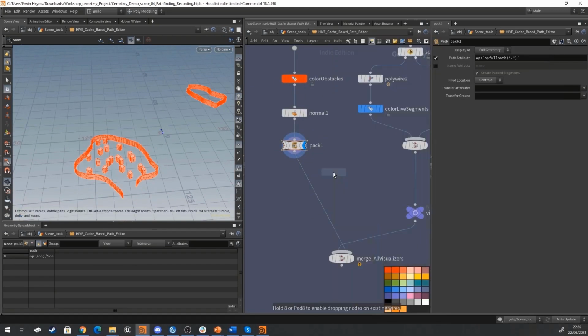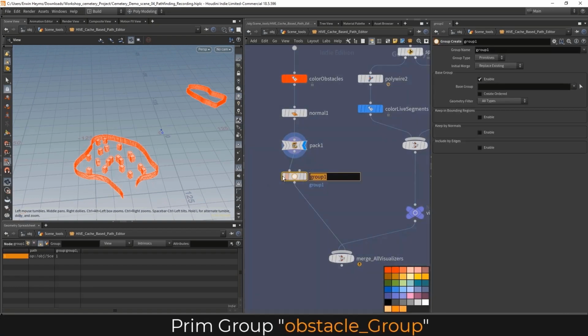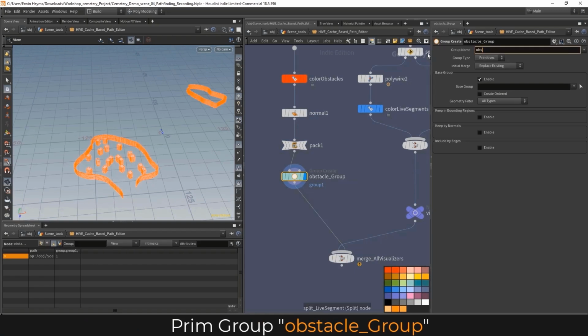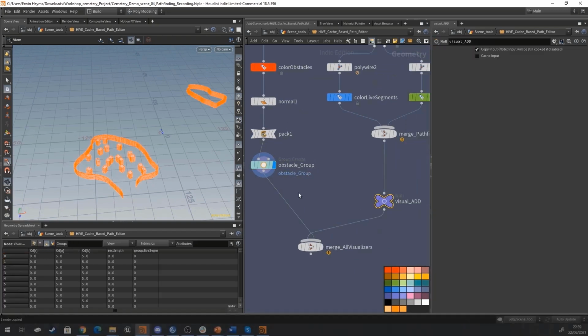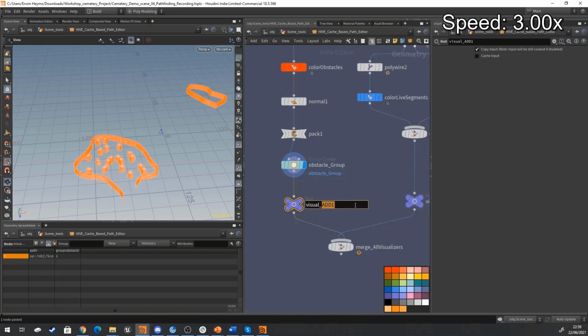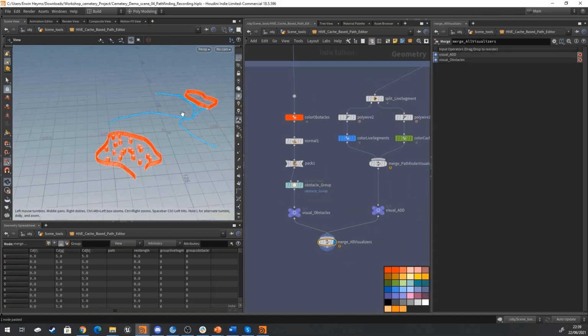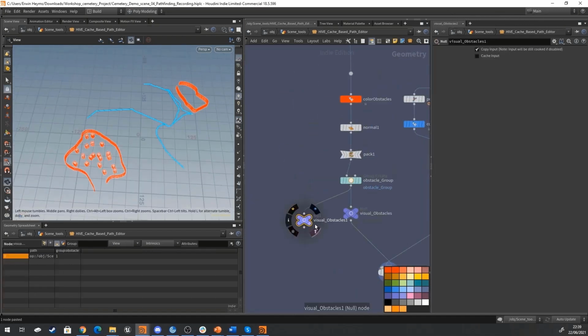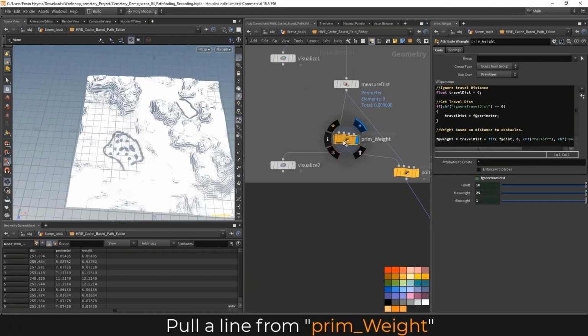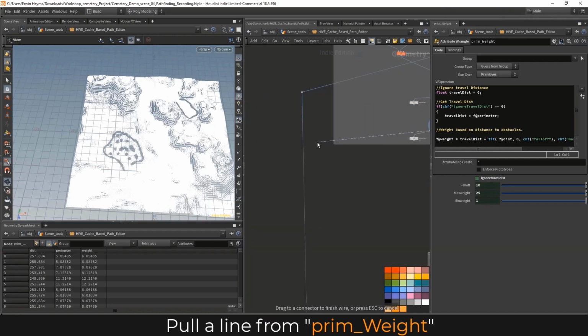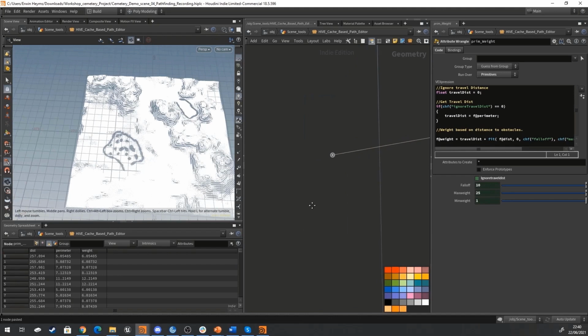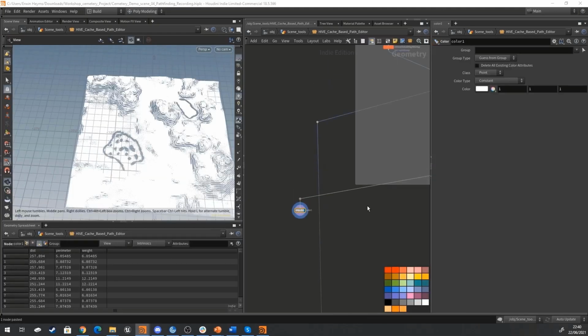And finally, I'm just going to group it so later on I can filter out the obstacles if I want to. Let's go up here and set it to obstacle group. So now we have our paths and we have our obstacles ready. Now next I would like to visualize my grid. So let's grab the grid from the prim grid node up here and drag this down. And I just want to color it and make sure that I can turn it on or off using a